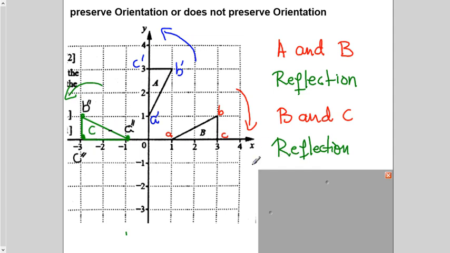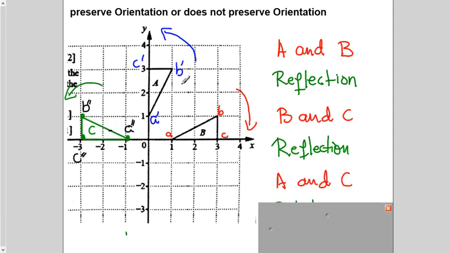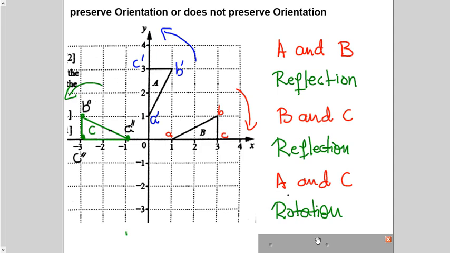Now let's see A and C. If you see A and C, it is the same order, A, B, C, A, B, C, right? So corresponding points, when you read them, both are read in the anti-clockwise direction. So I will say orientation is preserved and this is rotation. So this is one way to remember: you name the corresponding points and then see when you read, either it is the same clockwise or anti-clockwise, or it is opposite. If it is opposite, it is reflection, remember.